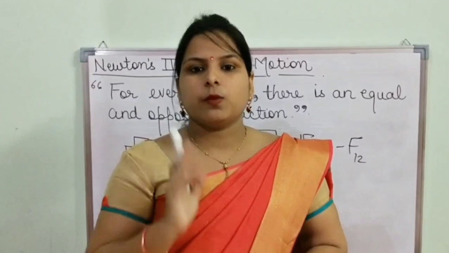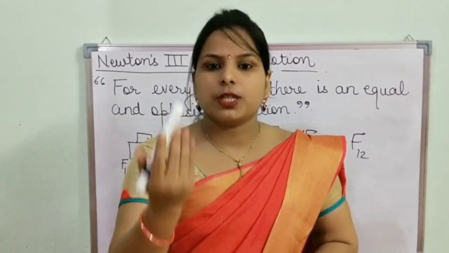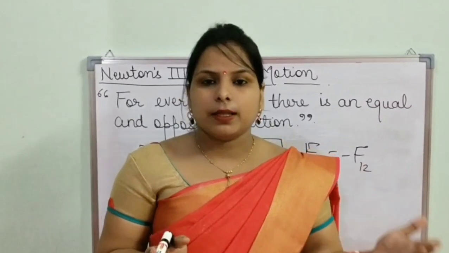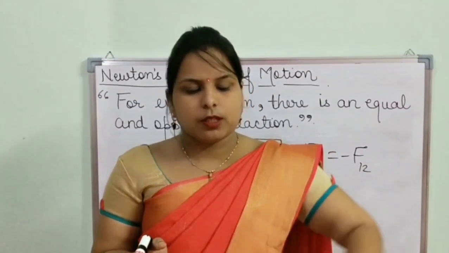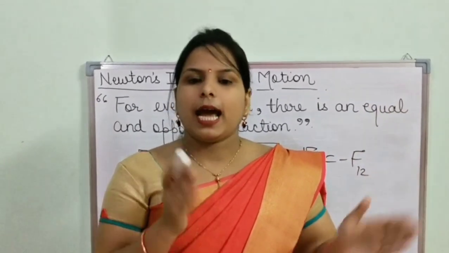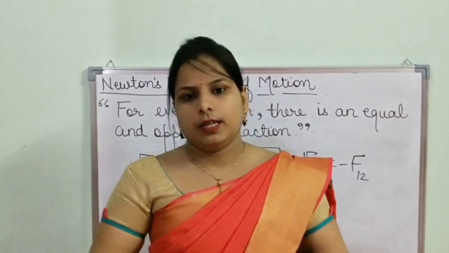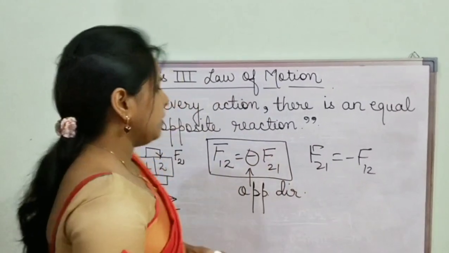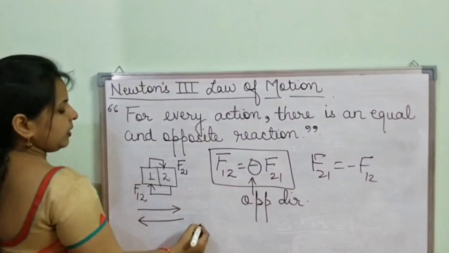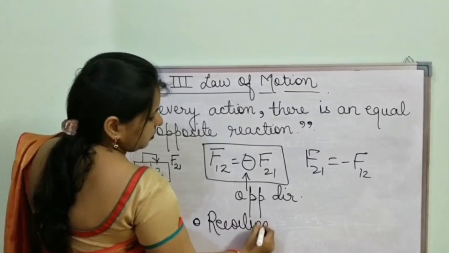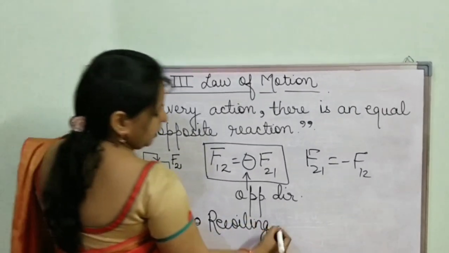And as a reaction, what does water do? Water pushes him in forward direction. So the action is done by the swimmer on the water by pushing the water in backward direction, and as a reaction the water pushes the swimmer in forward direction. So there are many examples, walking, swimming, and there is a very important example that we will discuss later also,